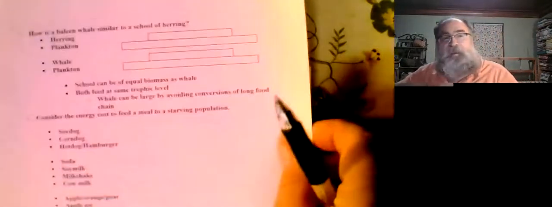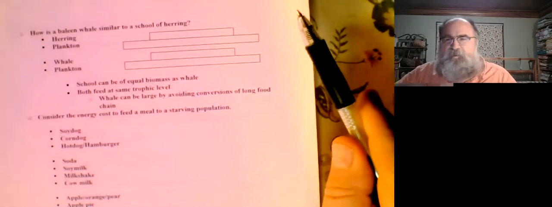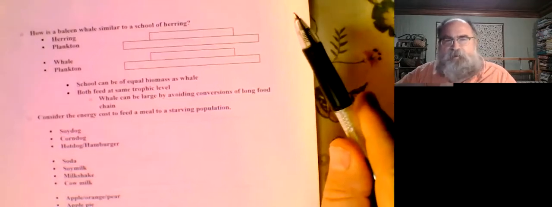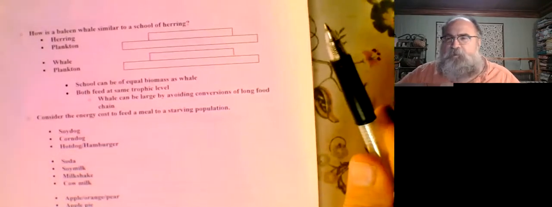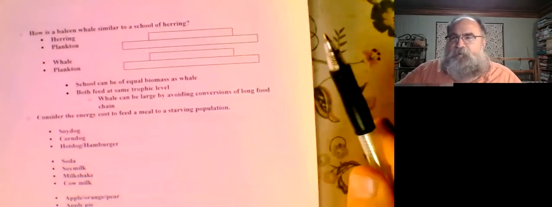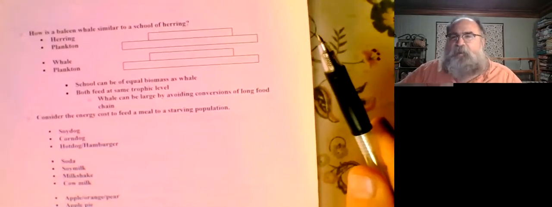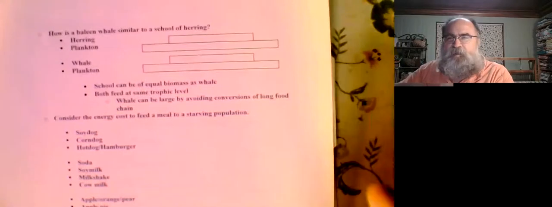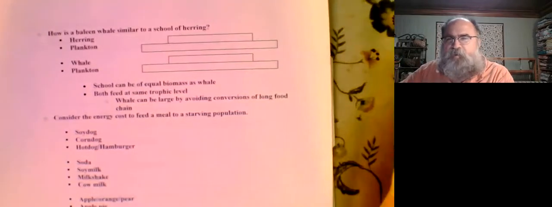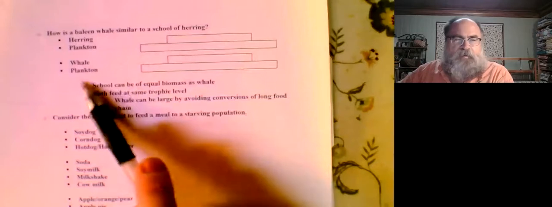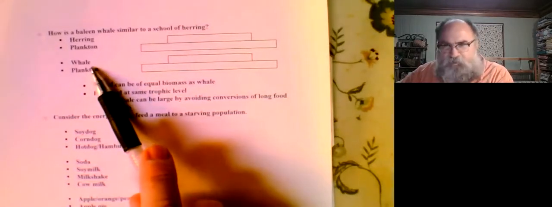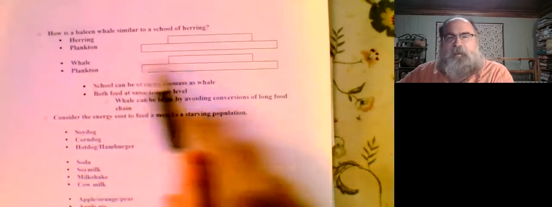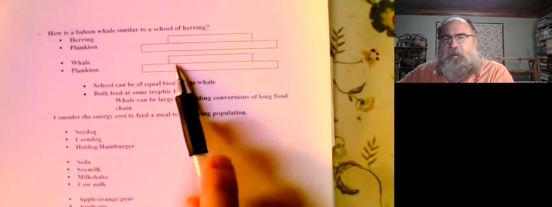Right? And so when we look at that, if you want to be the biggest animal on earth, you can't go around trying to eat sharks or tuna. They're too high up on the food chain. There are not that many of them. And so you got to go to where there's huge biomass, and that's going to be close to the primary producers. And here, plankton will be eaten by the krill. Okay, so we're basically looking at a very short